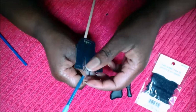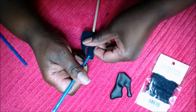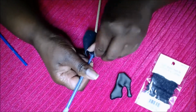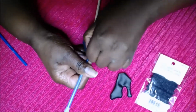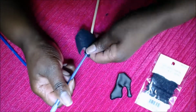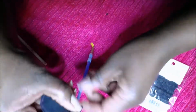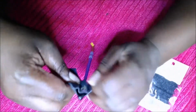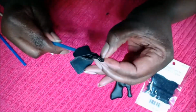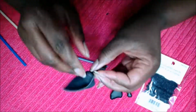So basically you're going to take a small piece or portion of fiber fill about the size of a jack ball, depending on the size of your doll shoe. But if you're making Josephine, this size should be about right. You're going to ball it up in your hand, and it also could be about the size of a cotton ball as well. That's a good reference as well. And what you're going to do